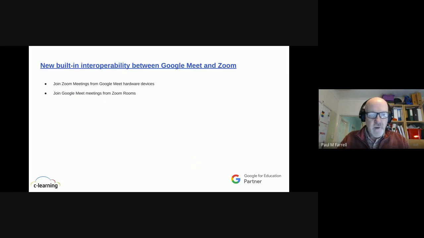So you can now flip between the two kinds of hardware, from Google Meet to join Zoom rooms and things. Why you would, if you've got Meet, because I think Meet is a perfectly good tool now. I think in the early days of lockdown, Zoom was certainly the better tool, wasn't it? It had lots more functionality, but Google stepped up to the plate and gave us a great deal more functionality inside Google Meet. So I don't know there's particularly a need for it,